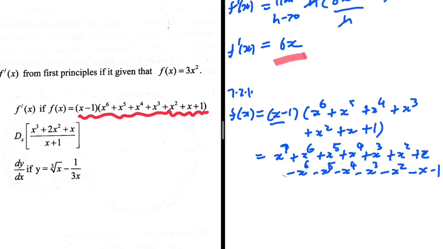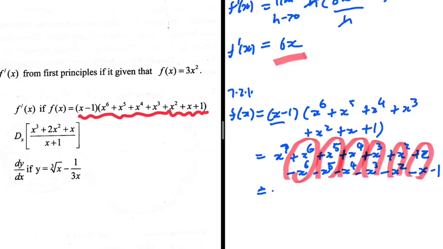So take a look at this. x to the power 6 minus x to the power 6, x to the power 5, in that way. Take a look at that. And then ultimately, we end up with x to the power 7 minus 1, of which when we derivate, we're going to get